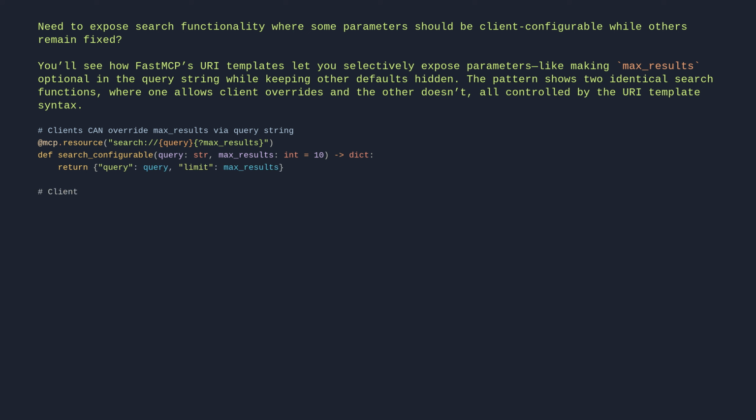# Clients cannot override max results, not in URI template. @mcp.resource("search://{query}") def search_fixed(query: str, max_results: int = 10) -> dict: return {"query": query, "limit": max_results}